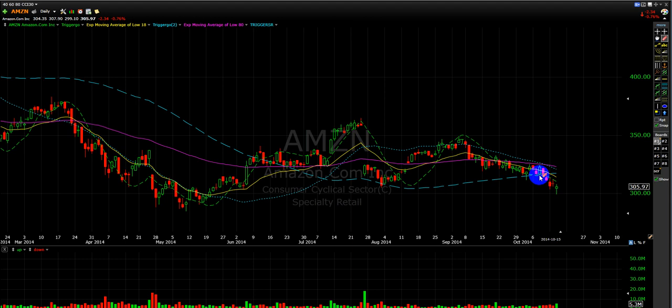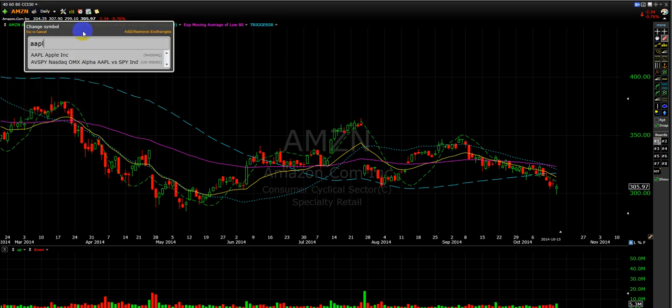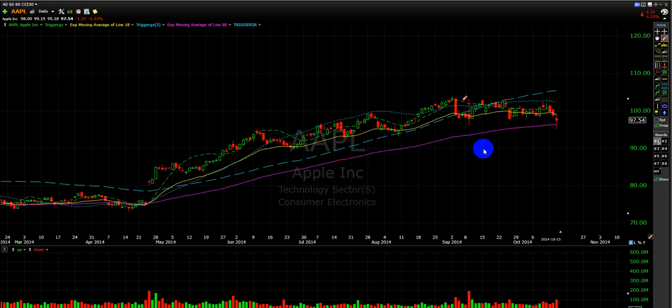So my new focus is looking for the setup. My point is, certain companies, don't focus on that. Focus on making tons of money, because you don't need Apple. You don't need to make money in Apple. You can make more money in a lot of other stocks that people don't even talk about. The ones that people talk about are where you're losing. Apple is a special case, but with most stocks, when you get too involved in so many things, it really affects the profits you can make.